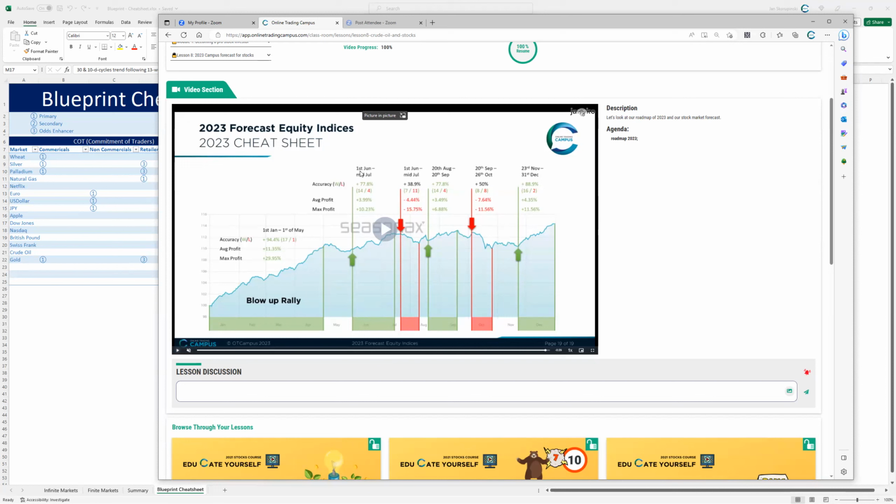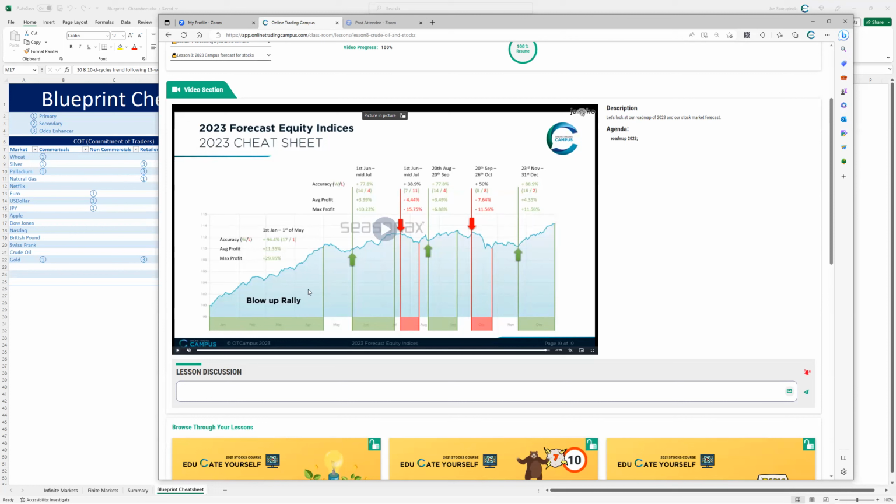The next best buy point is 1st of June to mid-July. Then maybe we get a little bit of a decline, but then we're straight back to buying from 20th of August to 20th of September. Then maybe a little bit of decline. And then here, this year, expect a low on the 23rd of November only. So again, October, November timeframe, in and around that, for setup for stock market rallies, and that's based on the